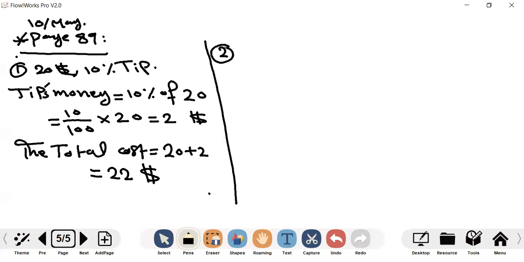Question 2. What do we have? Same. $24 with what? Tip. $24 and 15% tip. Yeah, tip money